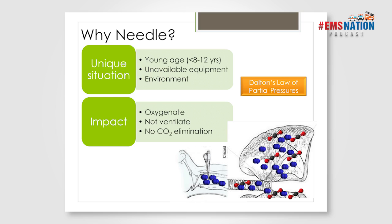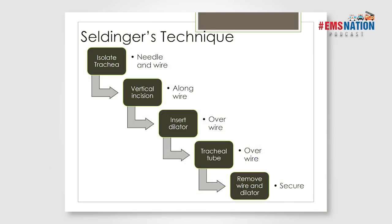And that is simple gas laws. You are not going to effectively get a flow of air back out through that needle, but you can, with high flow oxygen, continue to inject more air into the trachea and have it move and diffuse down towards the alveoli. And even as the pressures of the carbon dioxide rise, you will still be able to get oxygen into the patient's lungs. So that brings us to Seldinger's technique, which is a great step-by-step process for airway management that's